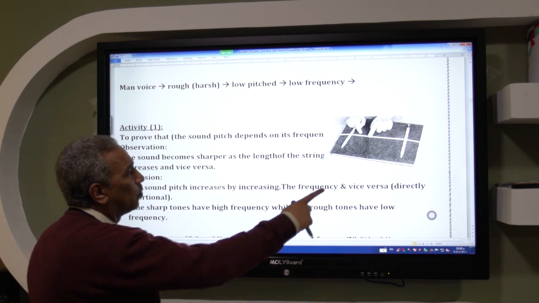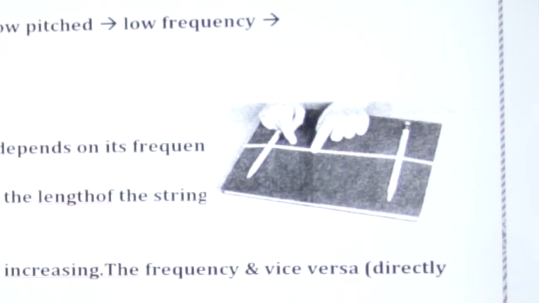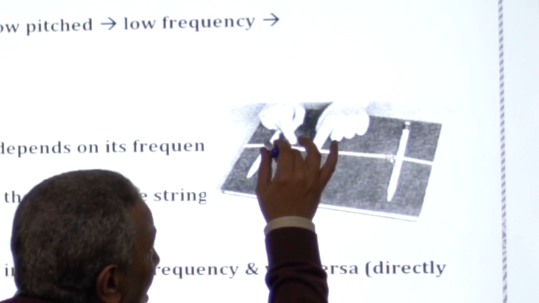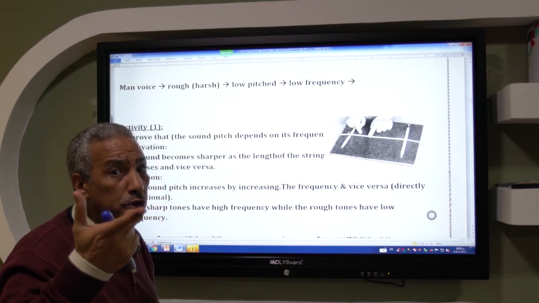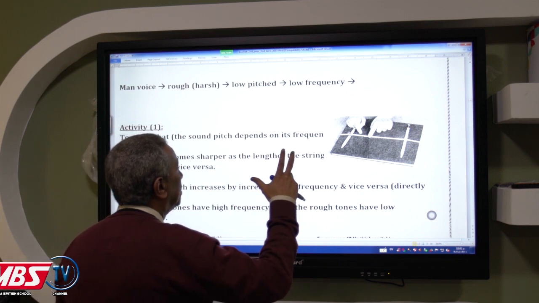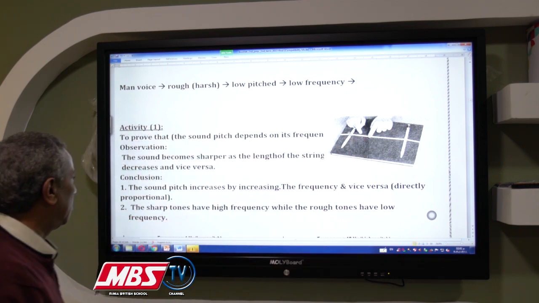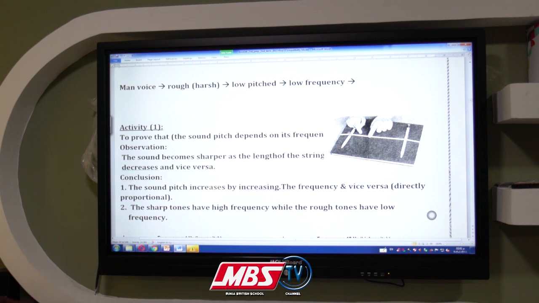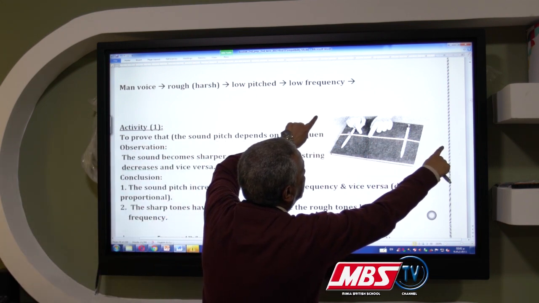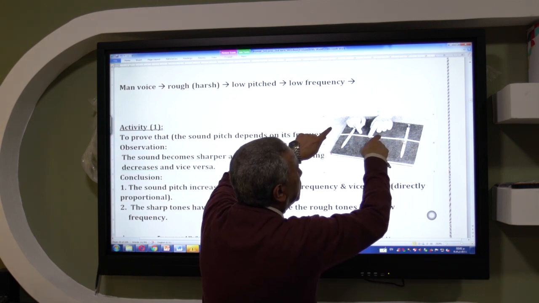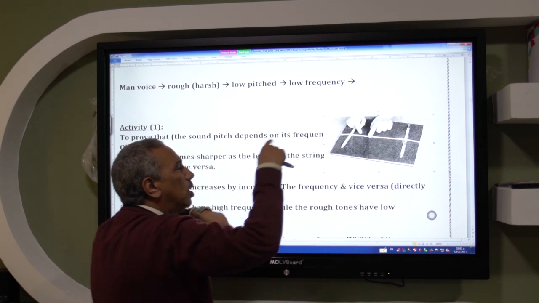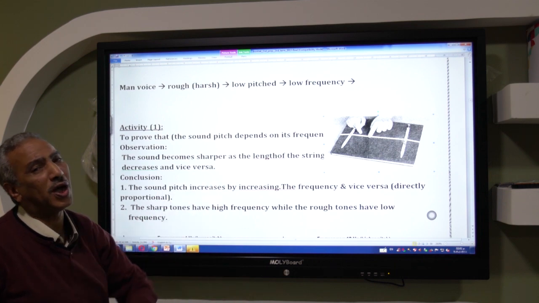In this case, we have two pencils fixed by using a stretched string, and we are going to change the length of this string. While pulling it, we will hear the sound and compare between them, whether it is a harsh sound or a sharp sound. I found that if you increase the length between the two pencils, by pulling it, of course, it will produce the sharp sound.